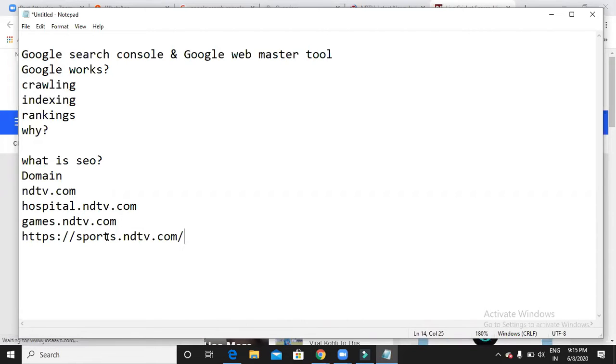So if you have multiple subdomains linked with your original website, and you want Google to crawl each and every subdomain and each and every protocol, then you have to use this Domain option.